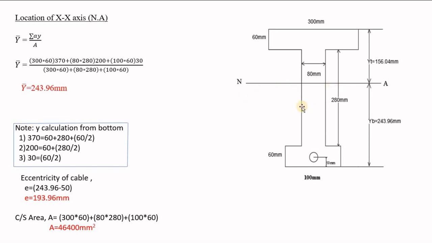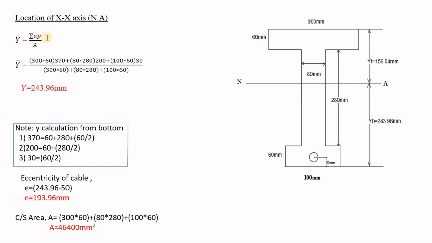Here overall depth is 400, but it is not a symmetrical section. So we should find out where this neutral axis is lying. To calculate that, we have a formula. You can see the location of the x-axis or neutral axis by using this formula